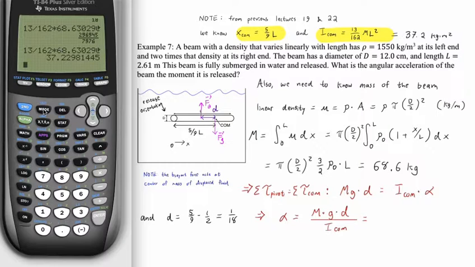Now let's start combining all our values. I'm going to take that total mass up here, multiply that by g, which we're taking as 9.8, multiply that by 1/18. And then we're going to divide that by our moment of inertia about the center of mass right here, and we get 1.00